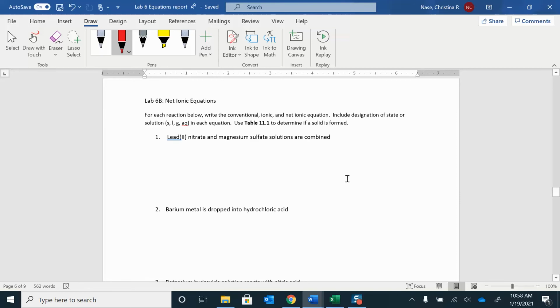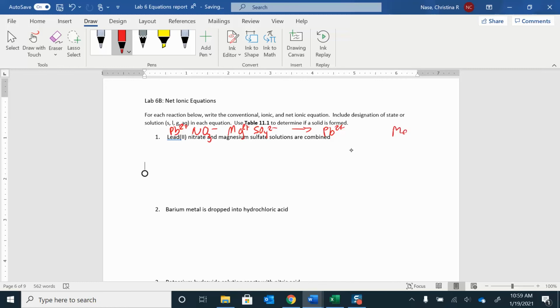Let's do one. Sure. All right. So we have lead 2 nitrate. What is that going to look like? Lead is Pb2+, nitrate is NO3-, and magnesium is Mg2+, sulfate is SO4 2-. This is so much easier when you know all of your polyatomic ions. So here I have a cation, I have a cation, so on the other side of this, I'm going to have my Pb2+,